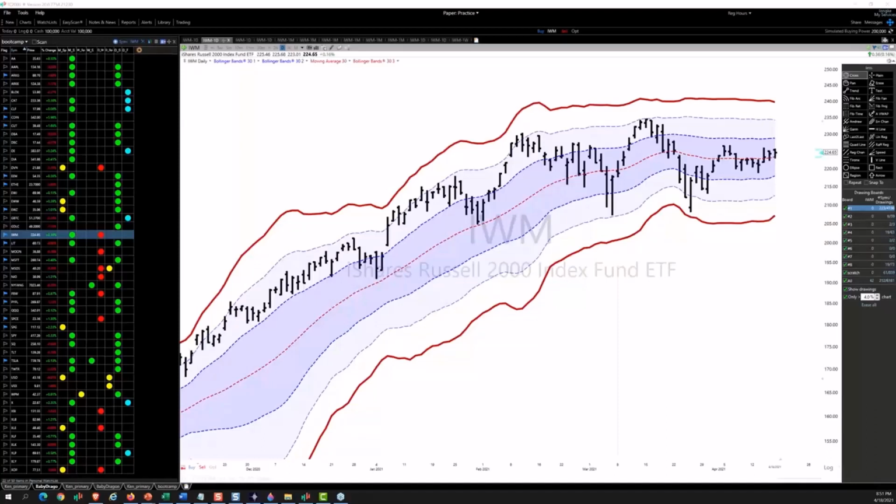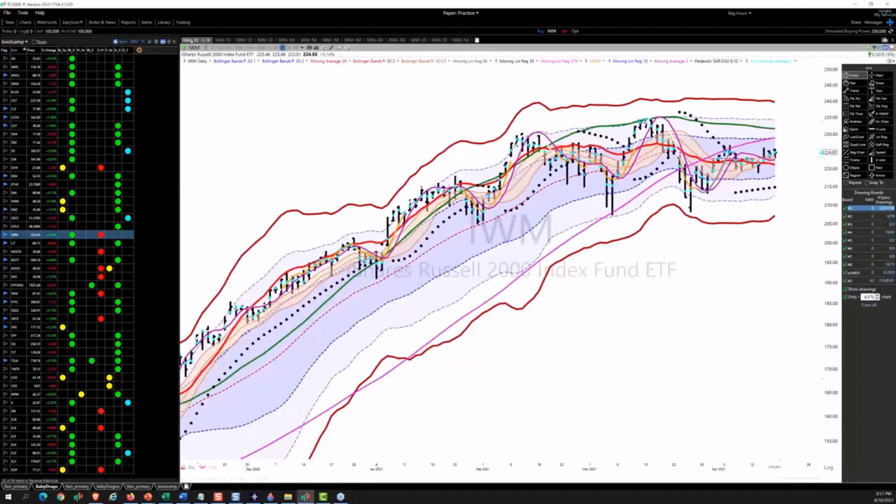Record a short session on why I array my screen the way I do and the indicators I use and what purpose they serve. So I want to start first at the end, like you always do. And this is what we're going to end up building towards. This includes